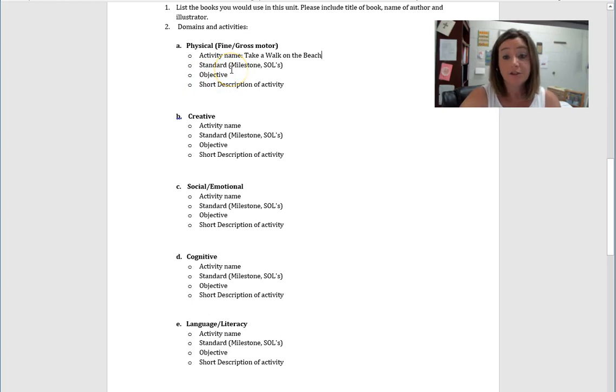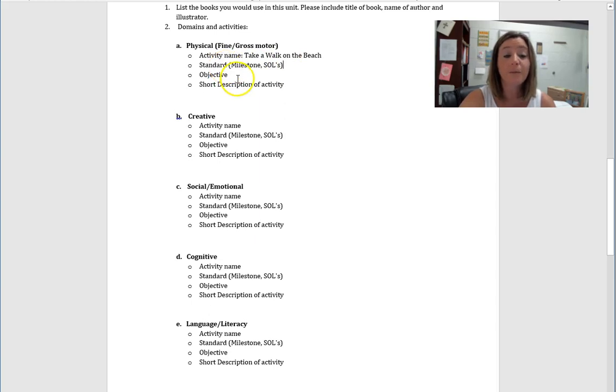Then I'm going to need to go to the milestones and find one standard that is going to measure that I can make sure that they are learning as they are taking a walk on the beach. When you do the standard, you want to put all of the identifying information in it. So you need to put Virginia Milestones of Development. You need to put the domain is physical and physical health. It's the orange section. It's strand whatever, and then D3, and then write out the whole thing. The more that you put in this section, the easier your lesson plan is going to be. So just make sure that you write out everything